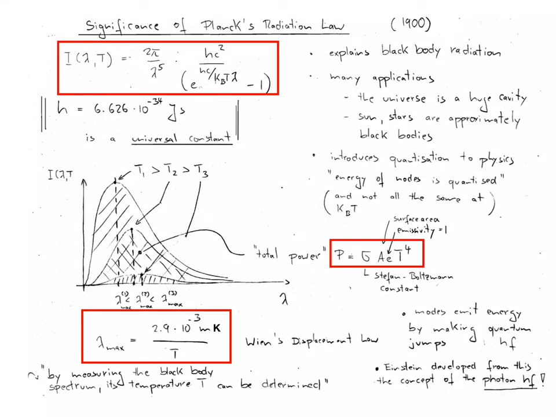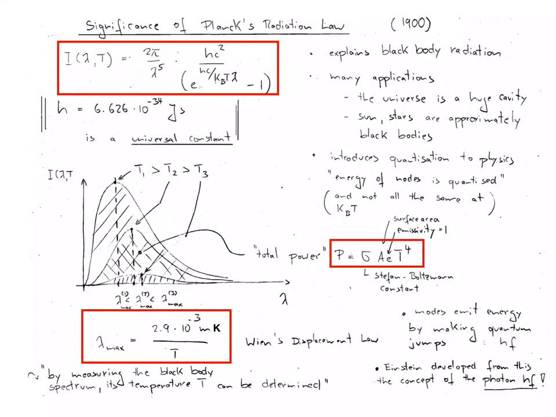The sketch on the left shows the intensity curves for different temperatures. If the temperature is high, the intensity curve is large and has a large integral. If the temperature decreases, as for T2 and then further for T3, the intensity curve shifts to larger wavelengths and the integral becomes smaller. This is quantified by two additional important laws of physics, the Stefan-Boltzmann law and the Wien